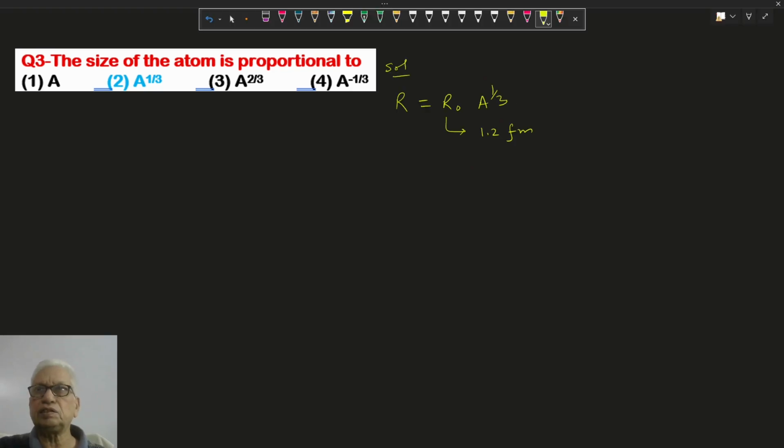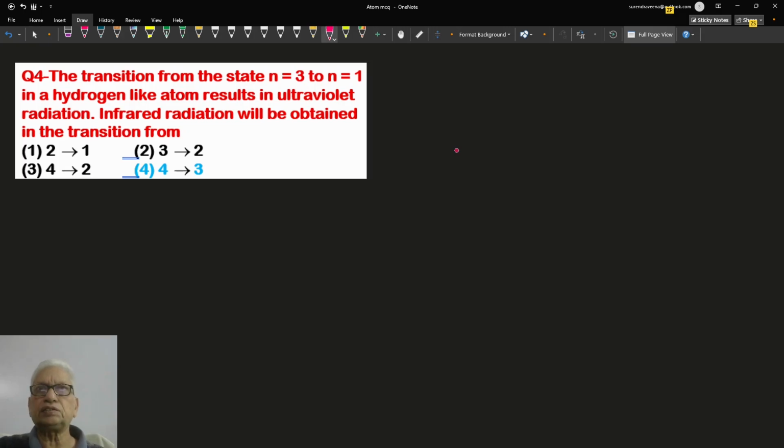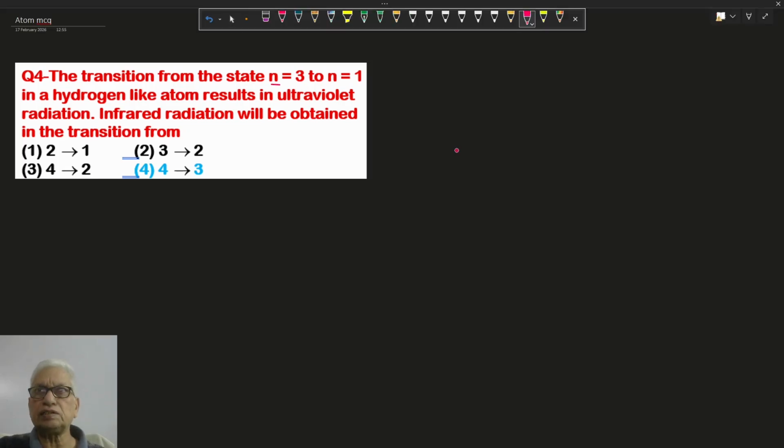We know the formula of the radius, r equals r naught times a to the power 1 by 3, where r naught is an empirical constant. So r is directly proportional to a to the power 1 by 3. This option is correct. The transition takes place from n equal to 3 to n equal to 1,